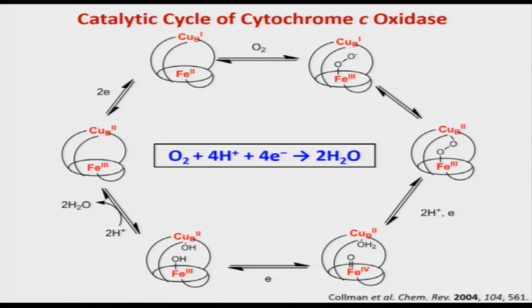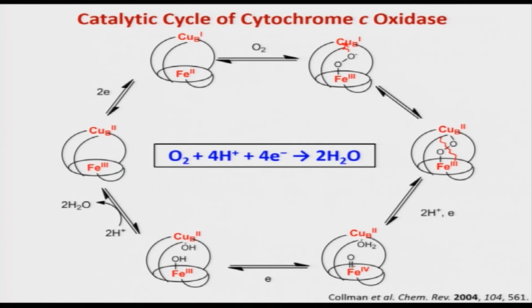to the copper center as well, but possibly the iron center is preferable to bind dioxygen, and you know that iron 2 will be converted to iron 3 and O2 will be converted to O2 minus, and once it forms O2 minus, then this O2 minus also binds to copper, and then copper 1 will be oxidized to copper 2. So, an iron copper peroxide complex is being formed, and with the help of 2 protons and 1 electron, this forms